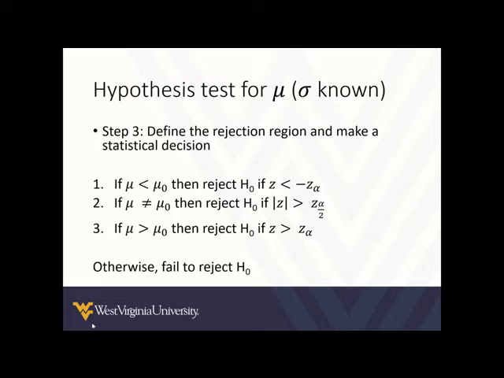If mu is not equal to mu naught, then we will reject the null hypothesis if the absolute value of z is greater than z alpha over 2. And if mu is greater than mu naught, then we reject the null hypothesis if z is greater than z alpha. If this is not the case, then we will fail to reject the null hypothesis. Remember, we never accept the null